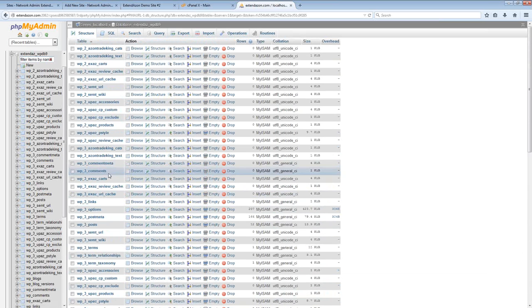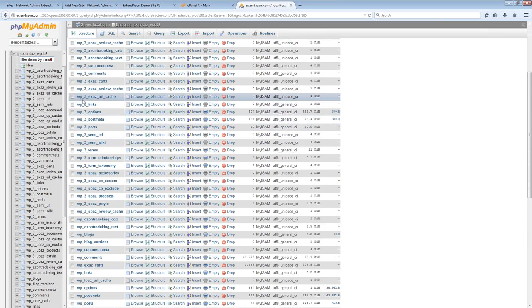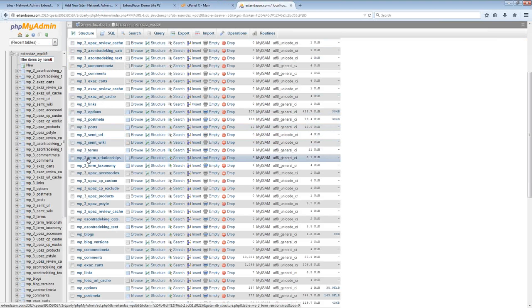So that's the easiest way to identify the database for the mother site. Now, once we know which one the mother site is, we want to look for the highest number here. This highest number is going to be the number of the new site that we just added. As soon as you create a site through the Add New Site feature, you go to your database, and the highest number that you can find there for the WP underscore number is going to be the most recent site you created. And this number here, number 3,